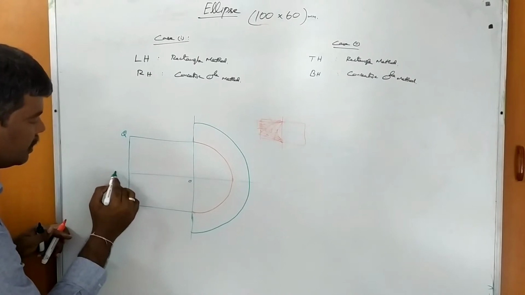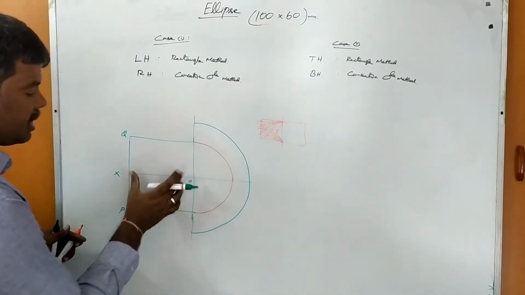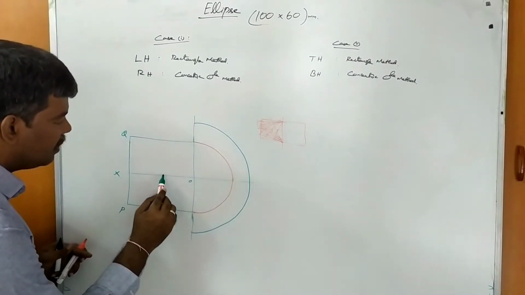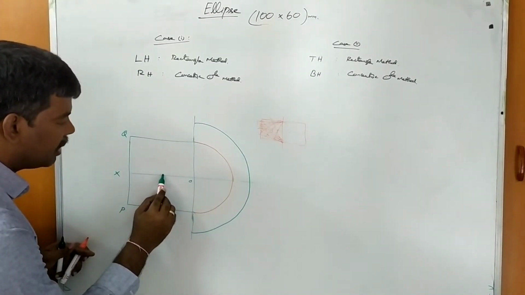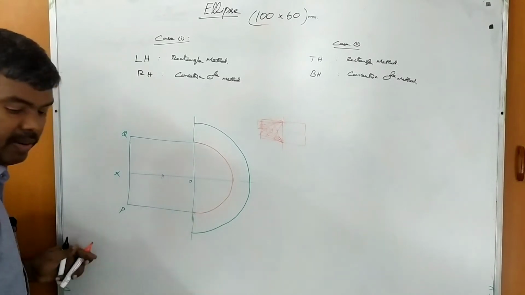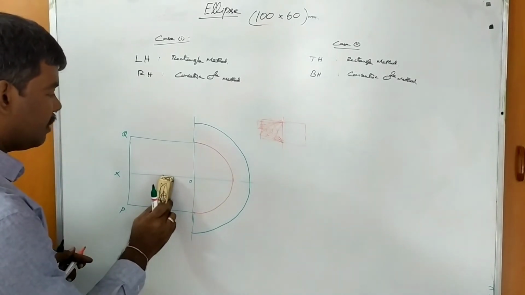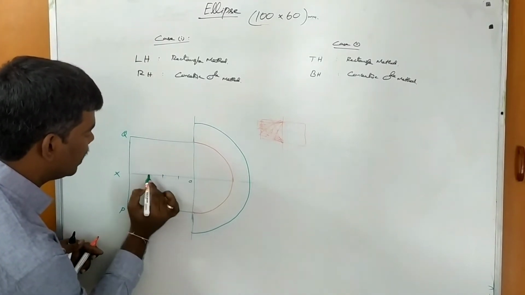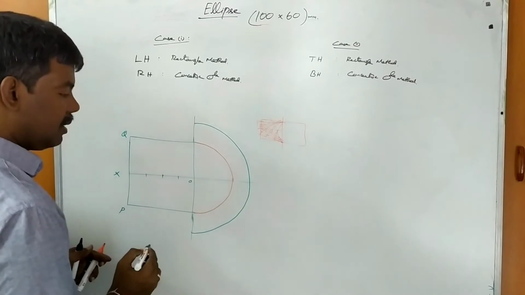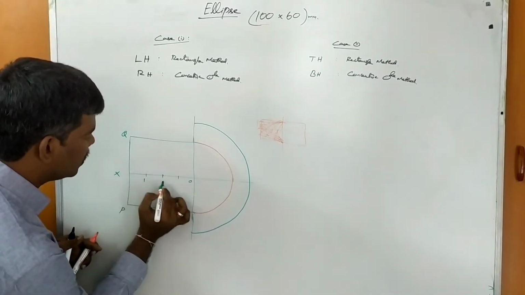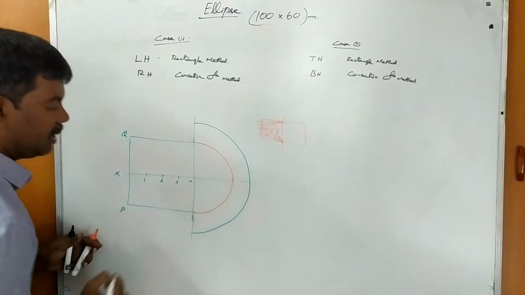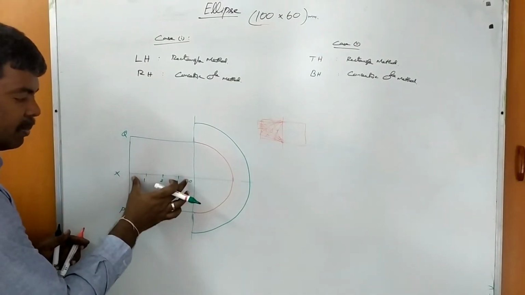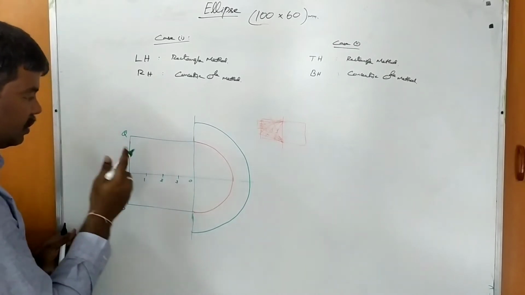So let us consider, for example, this is P, Q, and this is X. The OX distance you divide into n equal parts. For example, I am dividing it into 4 equal parts. You know how to divide a line, so you follow that procedure to determine the equal parts. So I am dividing into 4. Clear? So for example, this is 1, this one is 2, this is 3. Similarly, XQ equal to XP: however many equal parts you have taken, the same number of equal parts you take here also.